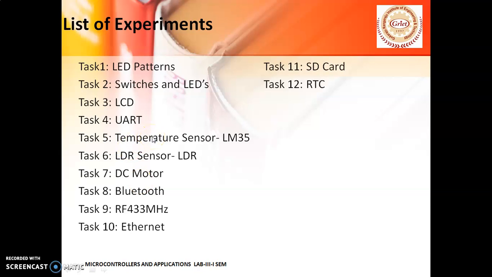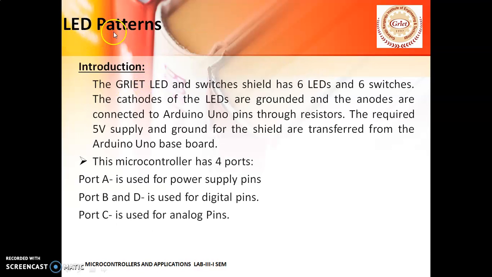Let's see the experiments we have in the microcontrollers and applications lab. These are the 12 experiments we have in this particular lab, and let's start with task 1, that is LED patterns. LED stands for light emitting diode, and the introduction here is